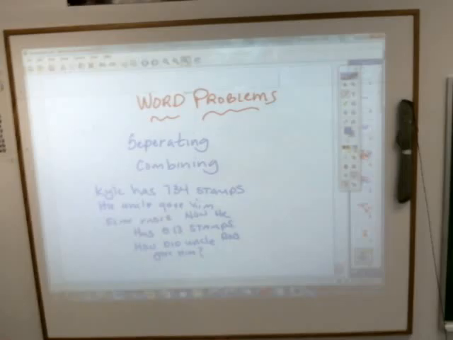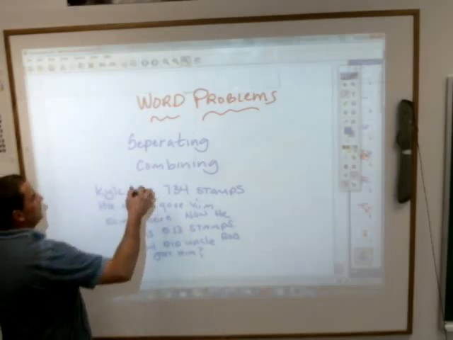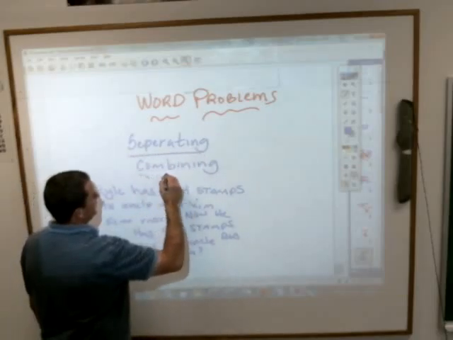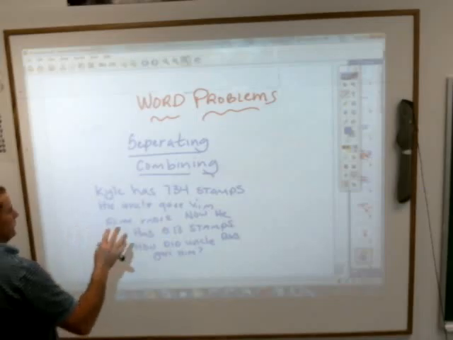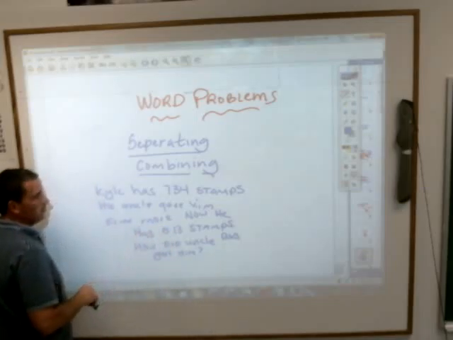Okay. The book is trying to get you to see that in a lot of problems, even though you probably know how to do this, it's just like other things we talk about. You got to look for the patterns in the simple things to be able to do the patterns in the really hard things. So if you're looking at this one where Kyle has 734 stamps and then his uncle gives him some more,